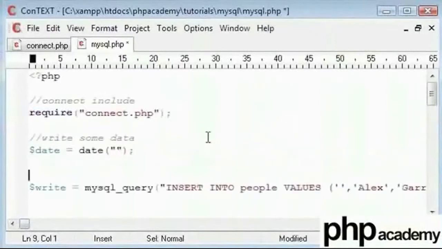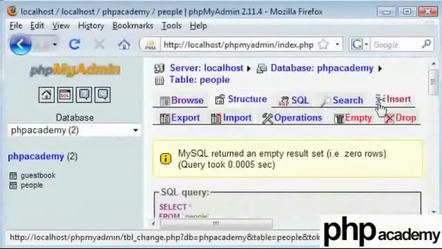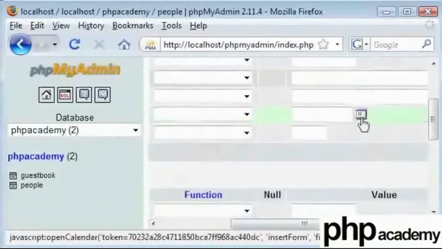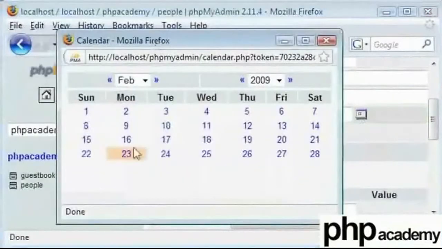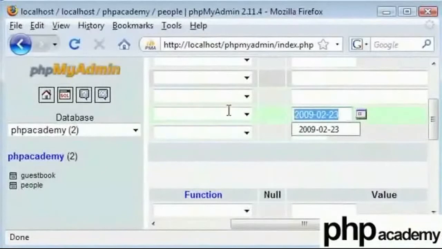We can see from our database over here that when we go to insert a value, we can scroll down and see that a calendar function has dates on it. So on clicking the 23rd, we can see the structure this field takes. It's a year in long format. Next is the month and then the day. So 2009-02-23, which is the 23rd of the 2nd, 2009.